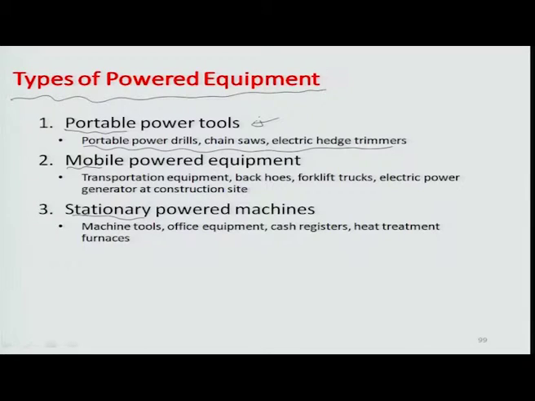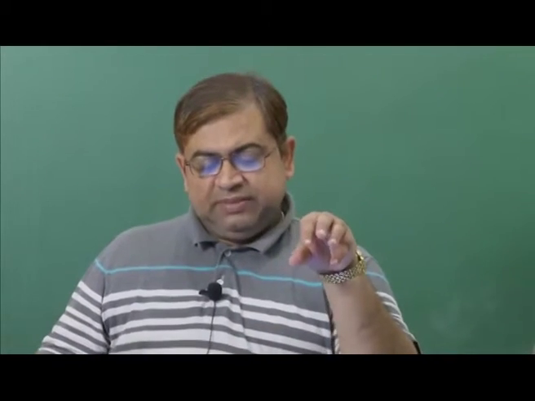They are actually either having a wired orientation or even a battery operated orientation, or in some cases, for example, when we talk about chainsaws, or electric hedge trimmers, there can also be engines associated with such tools. So there is some source which emanates the power, and it's portable, not really mobile, but portable, okay. So basically you can lift from one place to another, and you can do different operations through